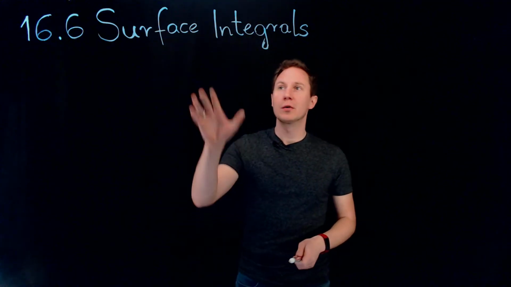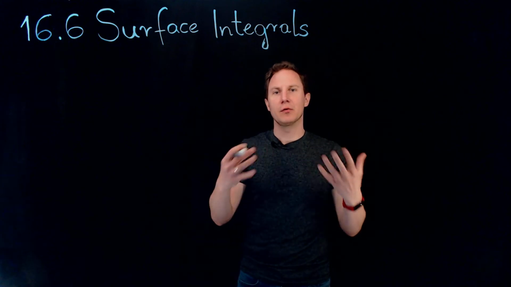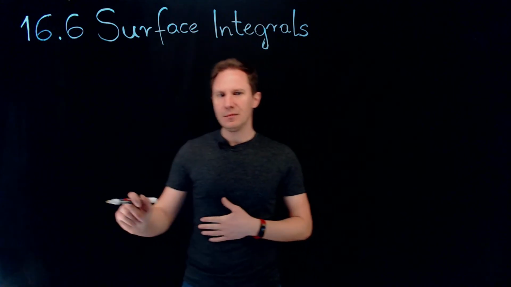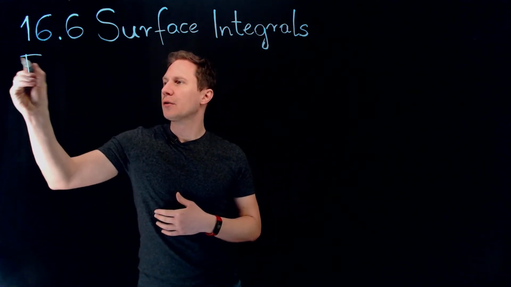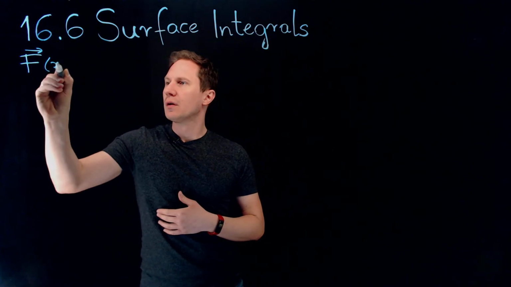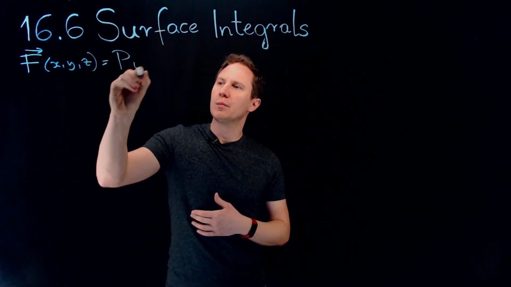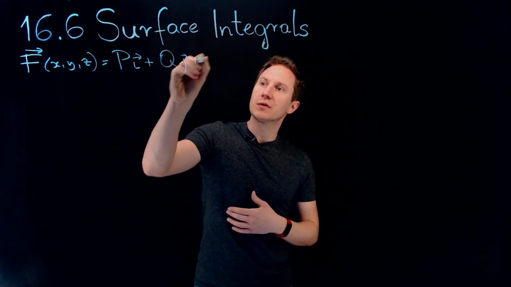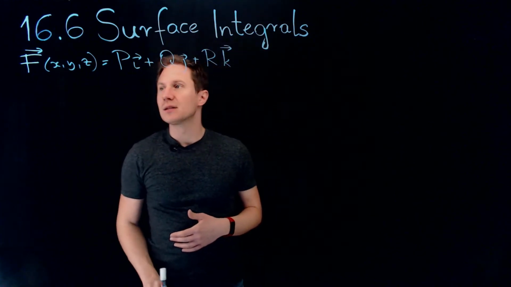In this video, we'll talk about surface integrals of vector fields, which is also called the flux of a vector field over some surface, or across some surface. So imagine having a vector field in space, F. It depends on x, y, and z, and has components P, Q, and R, which themselves are functions of x, y, and z. Okay, and then we have a surface